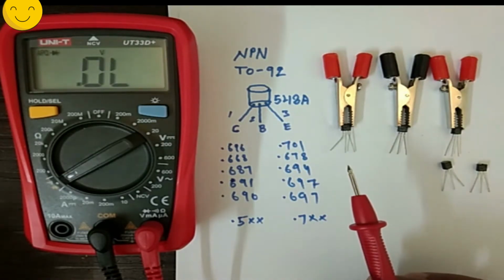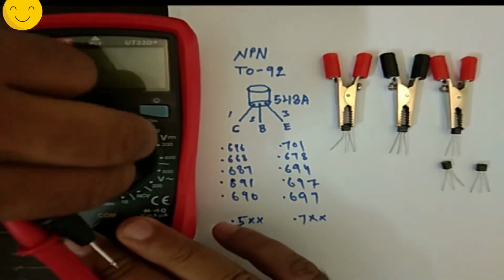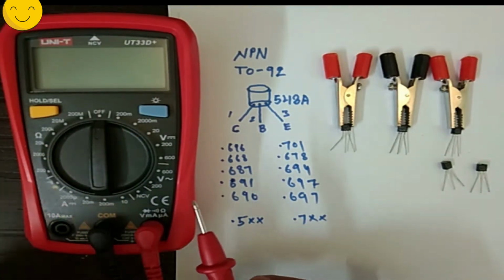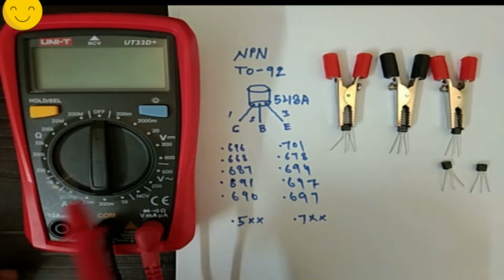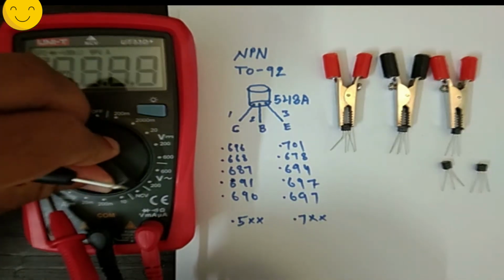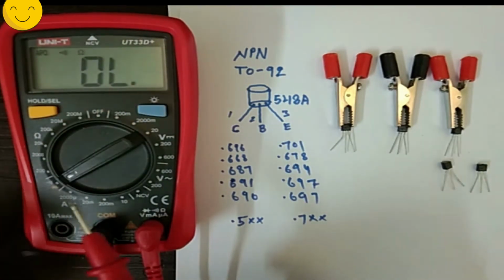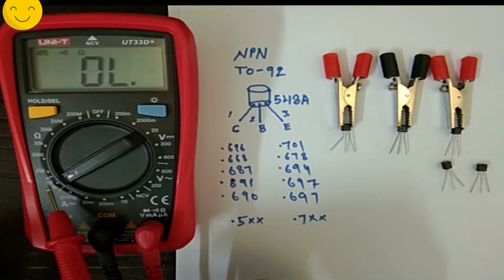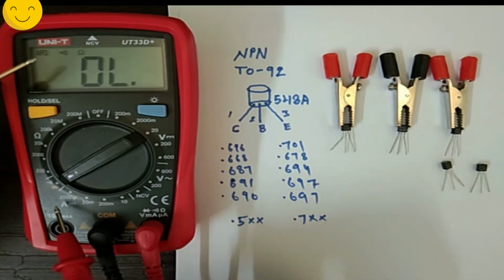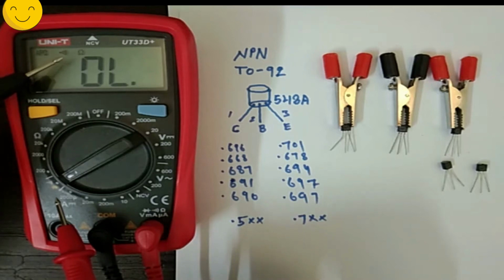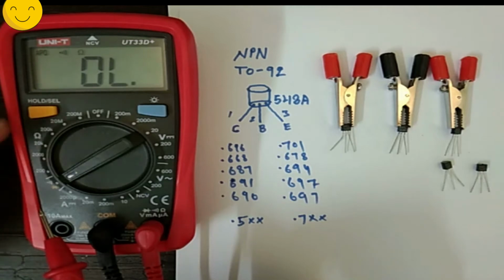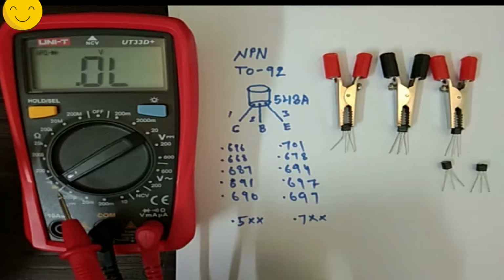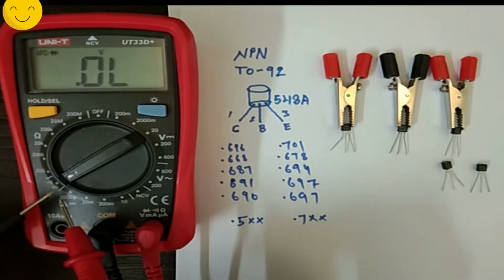So to measure the transistor with the multimeter, first we put the multimeter in the diode range. So here is the diode range, so we will set it here. Here you can see there are two options, continuity and diode. Right now it is set on continuity, so you can set it on diode by pressing this hold and select switch. So I press it, and now it is set on the diode range. Okay,